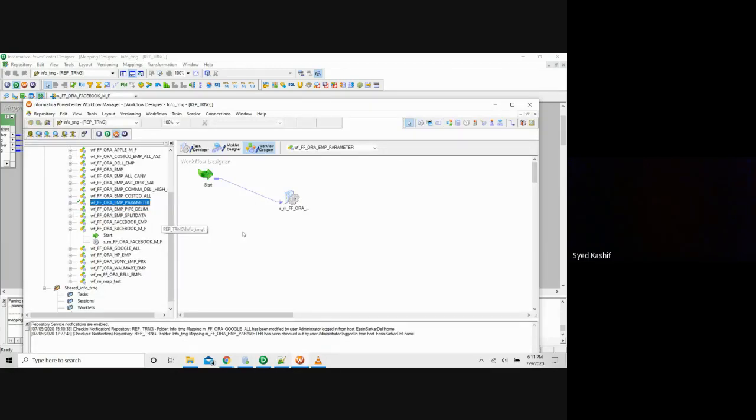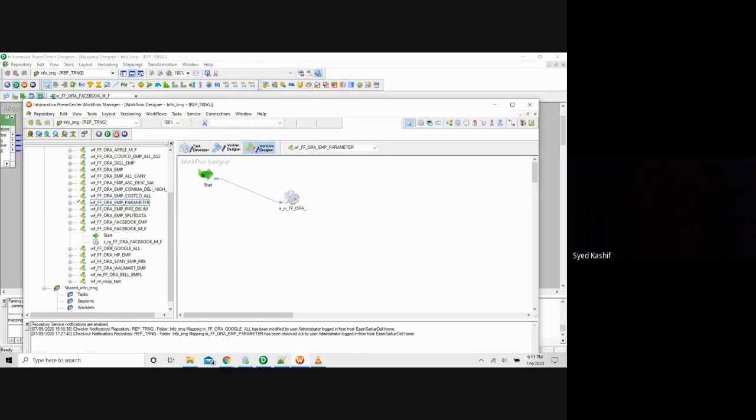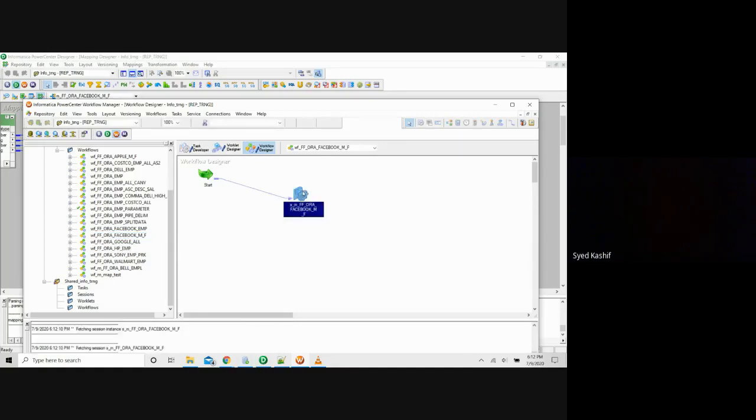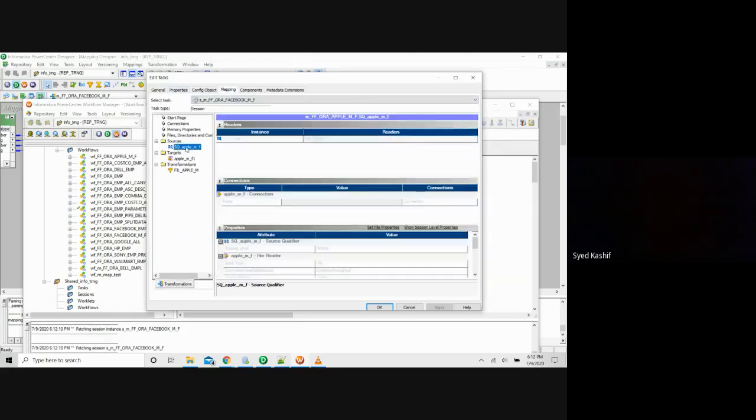Refresh your session, refresh your workflow right now. Open the workflow. Where is the workflow? What is your workflow name? FF Aura. Okay, drag and drop that workflow. Okay, double click on this. Go to mappings. Okay, no, you have what? In Facebook you have Apple. In Facebook,